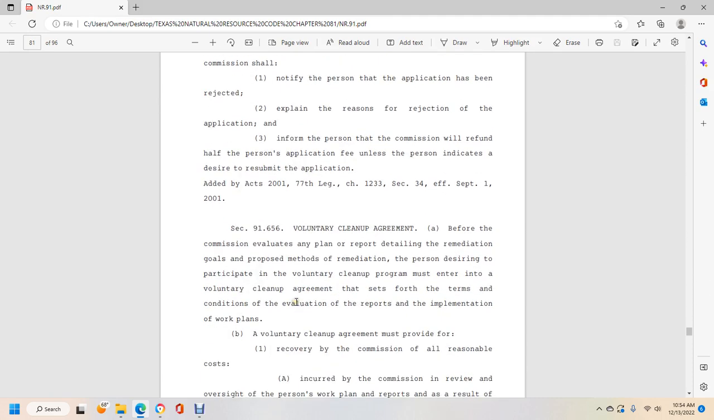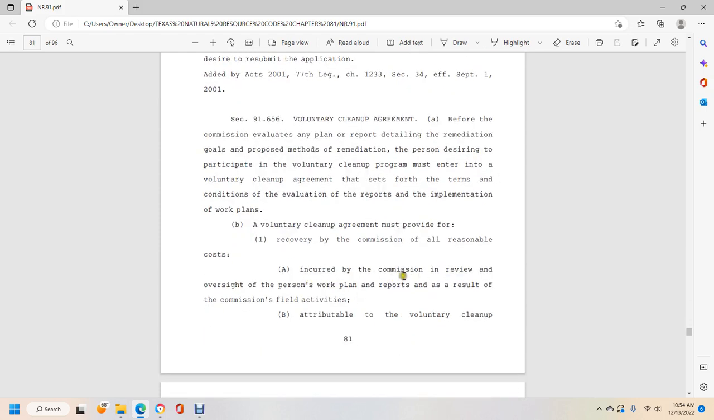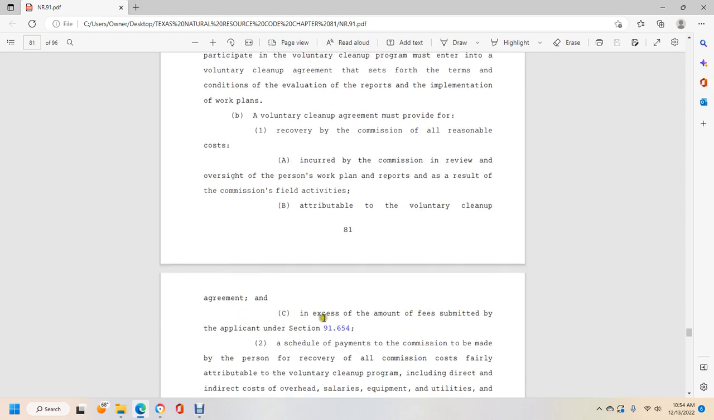Section 9165-6, voluntary cleanup agreement. Before the commission evaluates any plan or report detailing the remediation goal and the proper methods of remediation, a person designed as a participant in the voluntary cleanup program must enter into the voluntary cleanup agreement that sets forth the conditions of evaluation of the report and the implementation of the work plan. The voluntary cleanup agreement must provide for recovery by the commission of all reasonable costs incurred by the commission in review and oversight of the person's work plan and reports and of the commission's field activities attributed to the voluntary cleanup agreement, and settle the amount of the fees submitted by the applicant in section